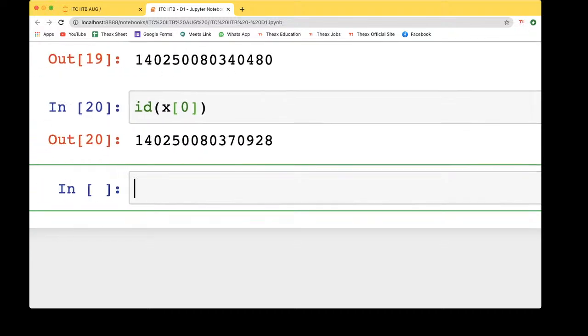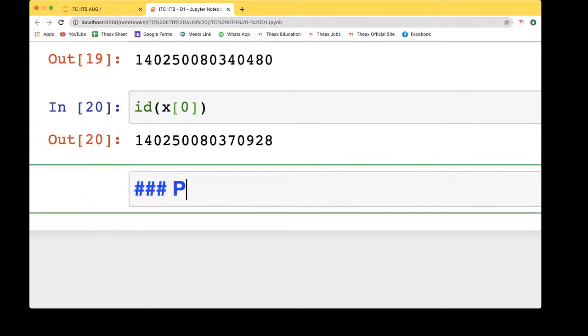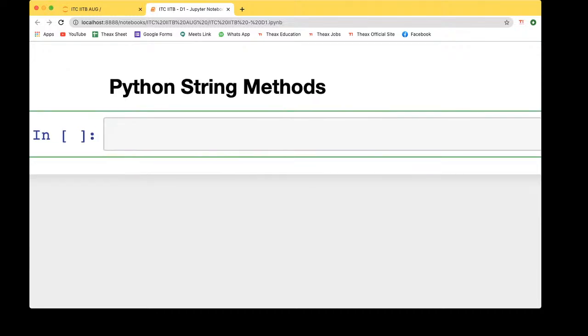So we are going to deal with the string methods. First of all, we'll try to understand the methods of the string. We'll start with the strip method.